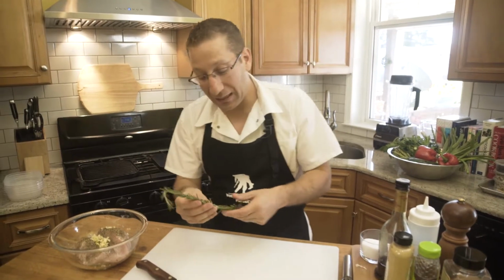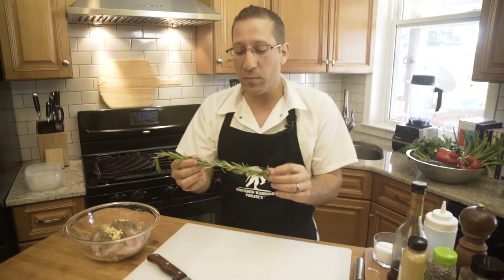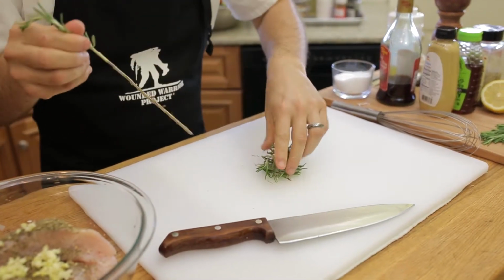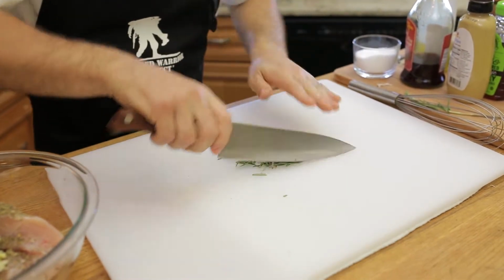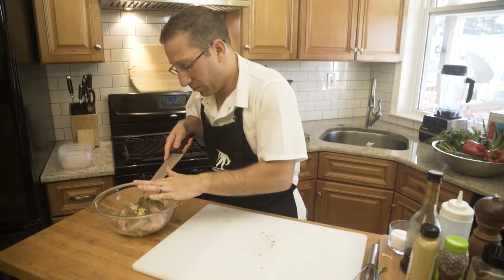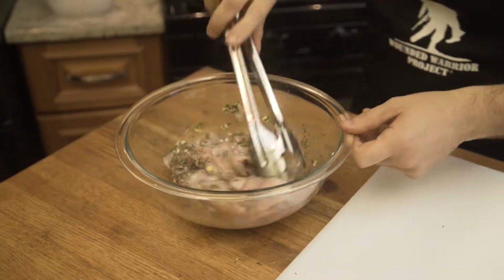And last but not least, we're going to use some fresh rosemary. Now, fresh rosemary comes on a stem just like this, and what you want to do is take your hands and run it down the stem to get the leaves off. And once you've got these leaves off the stem, you can start to chop it with your knife just like we did the garlic. We're gonna mix this chicken in the marinade and let it sit for about 1/2 hour before we start to